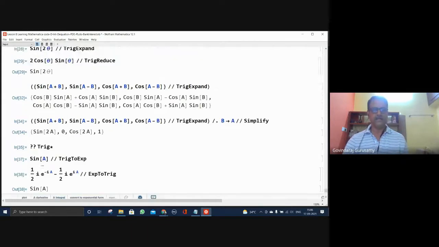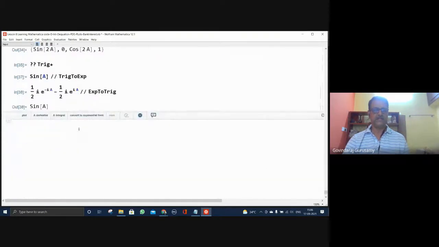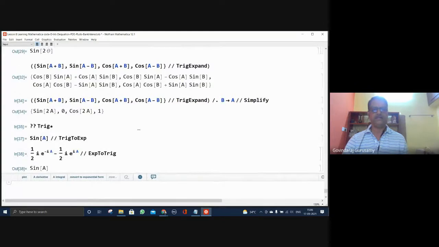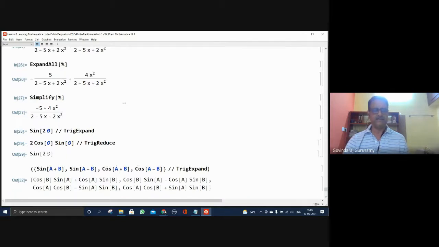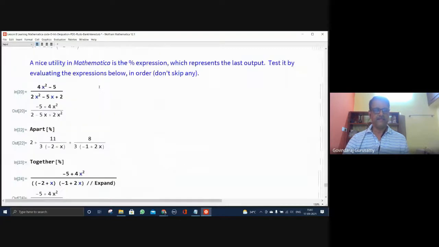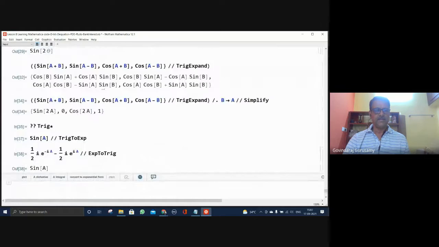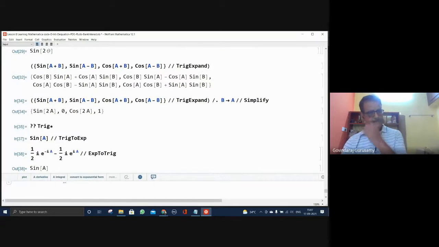So algebra is not only connected to this kind of variables, or any variables, but also to sine and cosine. You can have any combinations, any formula that you have come across, and you can cross check it. Any of the trigonometric expressions that you have seen can be given here and simplified, and you see that you have some understanding of the algebraic things. Trigonometric forms can also be handled by this Mathematica. There are so many algebraic codes that are available, either for a simple algebraic expression or also for trigonometric expressions.